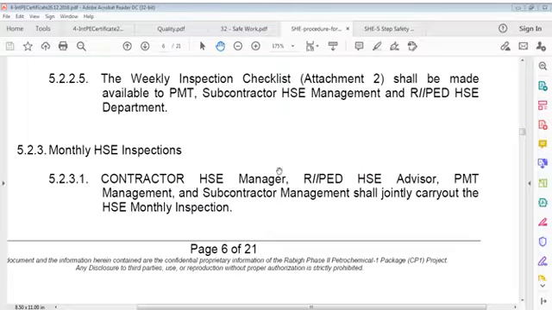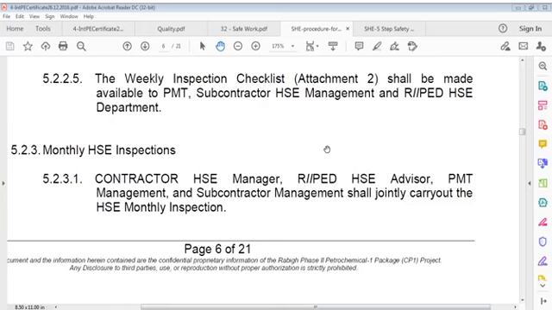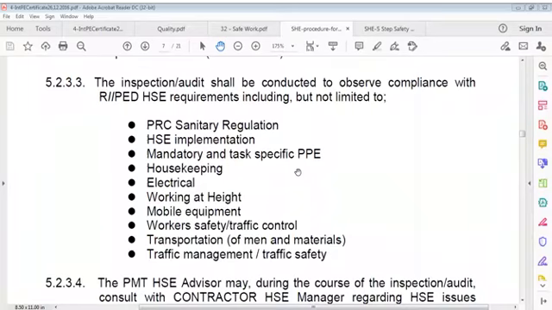Monthly safety inspections: contractor safety manager, safety health manager, advisor, PMT management organization and subcontractor management organization shall jointly carry out HSE inspections to observe compliance with safety health requirements, including but not limited to,